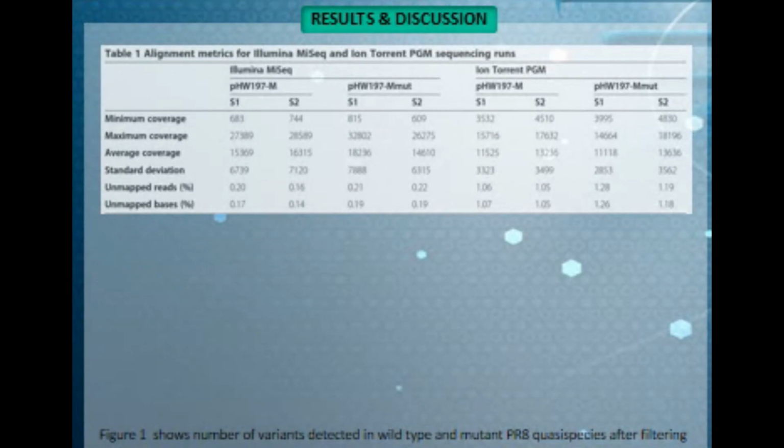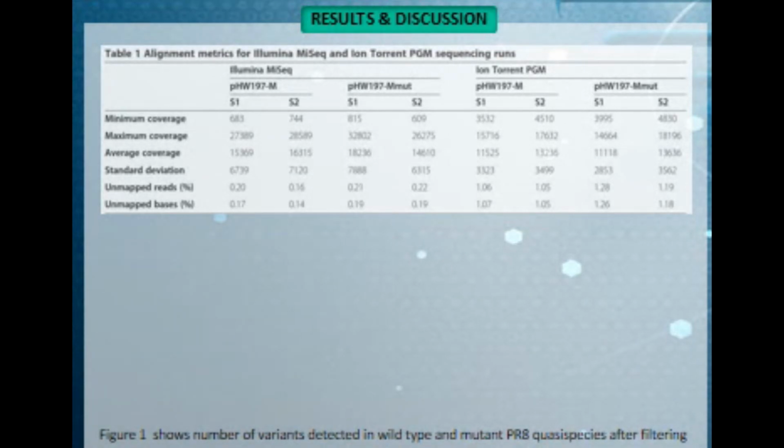The percentage of unmapped bases was lower in the Illumina MiSeq than the Ion Torrent PGM. This is due to the lower quality of the Ion Torrent PGM sequencing reads, which reflects the intrinsic sequencing error that leads to reduced alignment and a higher number of unmapped bases. Illumina MiSeq sequencing provides higher quality, and the trimmed read length is greater than the Ion Torrent.